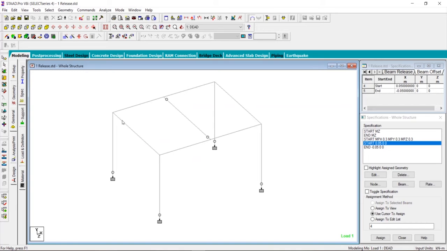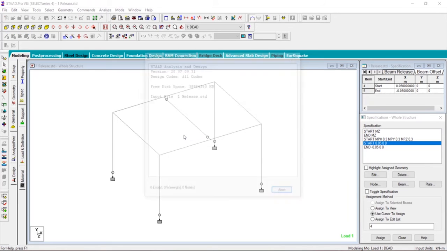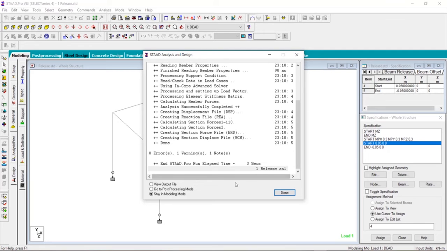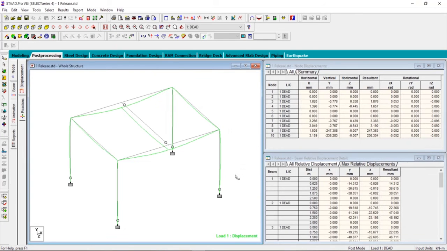Now we will analyze the structure. Go to analyze and click on run analysis and save it. Go to post processing mode and click on done. Click on OK here. Now let us see the MZ movement.